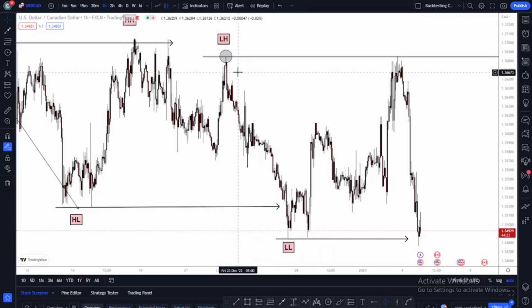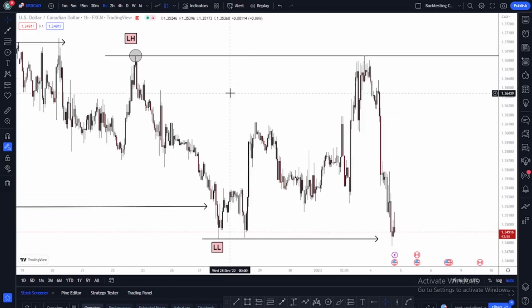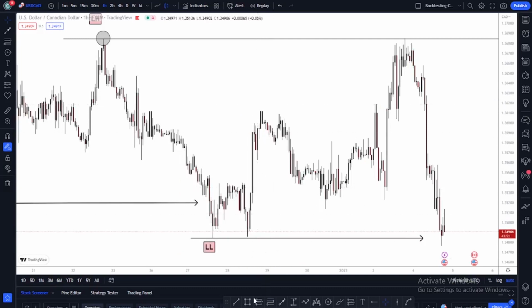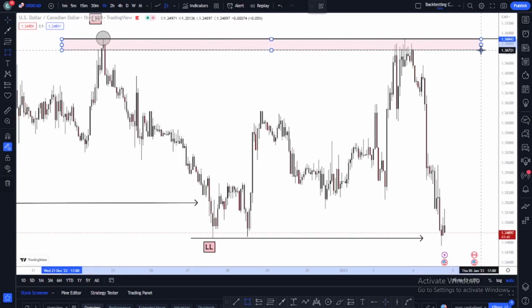So now what do we realize? We realize our H4 is bearish and our H1 is also bearish. Do you get me? These two time frames, our higher time frame is bearish, and our time frame which we'll be looking for our entries is also bearish. So when price approached or when price got to our lower high zone, which is this zone right here,